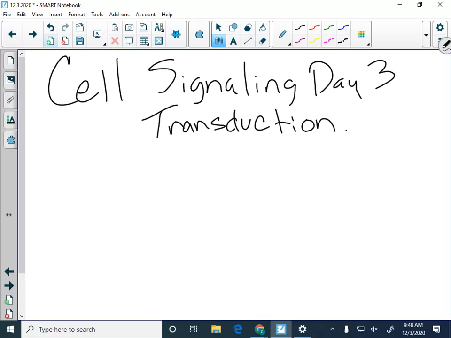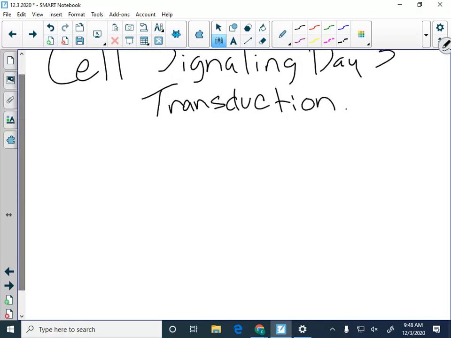Transduction is the second stage in cell signaling: reception, transduction, response. Not a heck of a lot of doodles, not a heck of a lot of paragraphs, but a lot of vocab words. We're not doing super detailed stuff, but I want to make sure you get the gist. So, transduction often is just a cascade of molecular interactions that relay signals from receptors to their target molecules, the middleman, if you will. So, the process of transduction